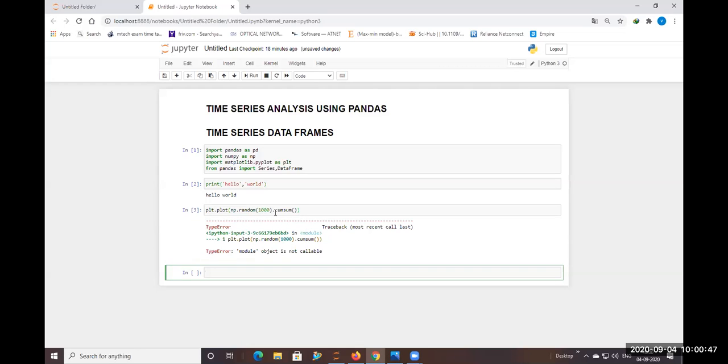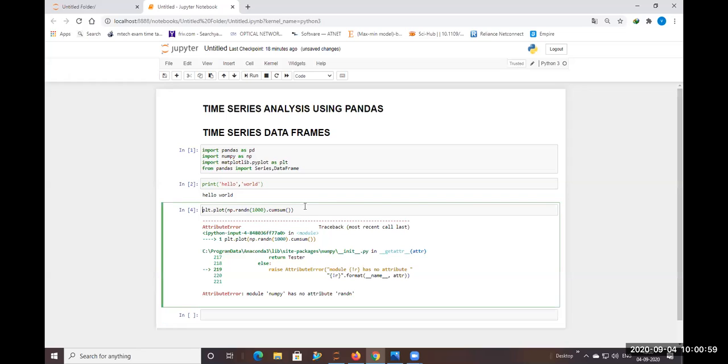Module object. Sorry, random. NumPy, NumPy. Yeah.